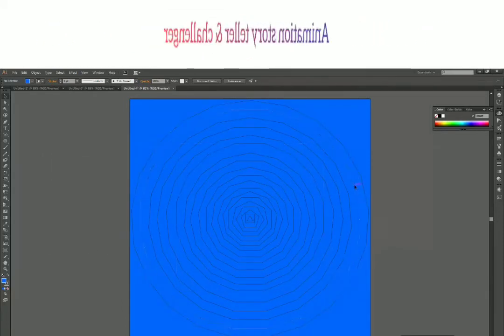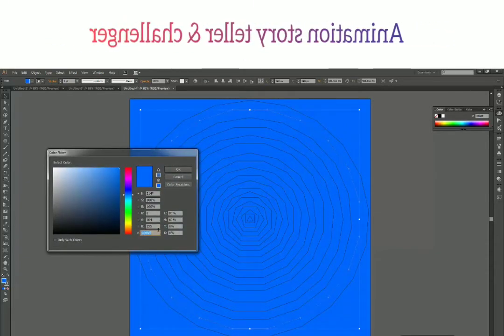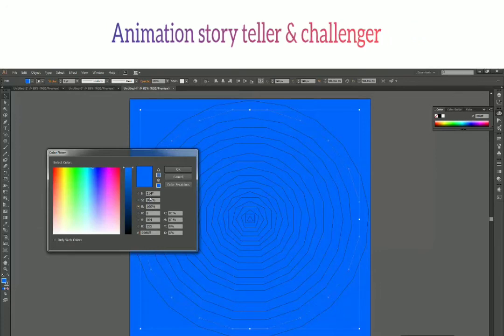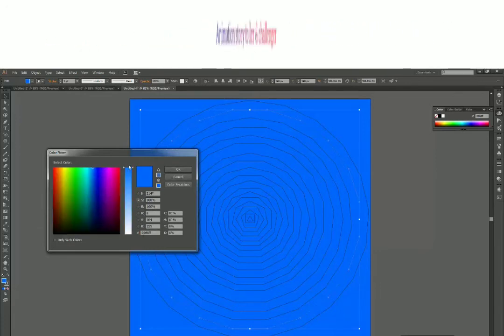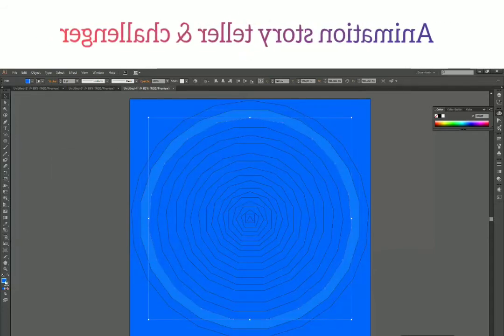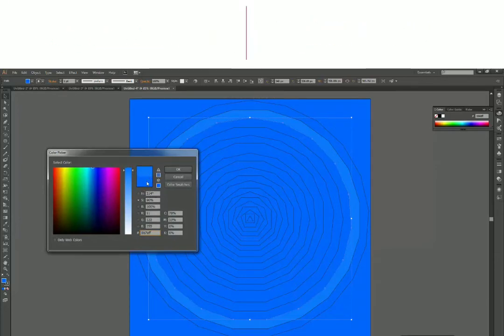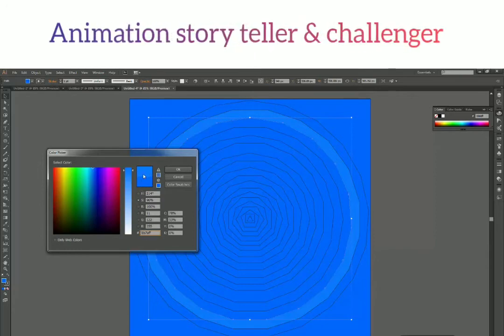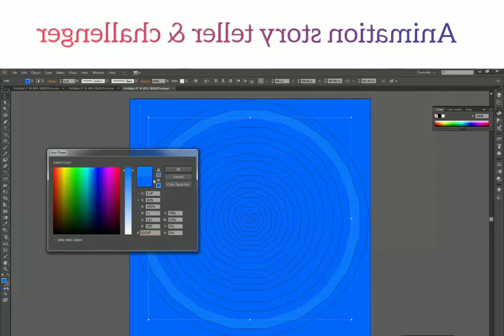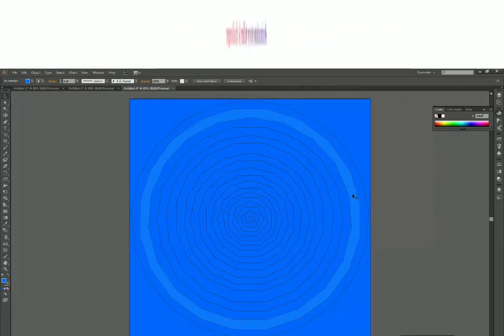All right, now we have our design. What we are going to do is change the brightness level of this one. So we can select the saturation palette and keep adding white in every polygon. Over here you can see the change from your previous color to the new color. When you feel there's enough difference between these two colors, you can press OK. Right now there isn't much.